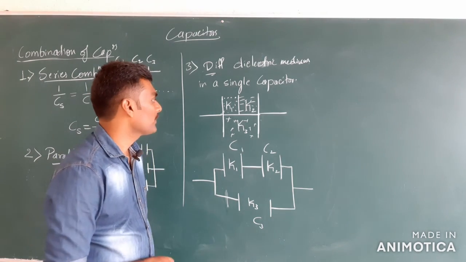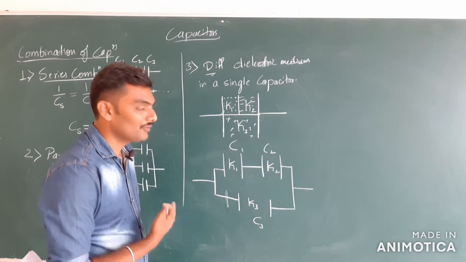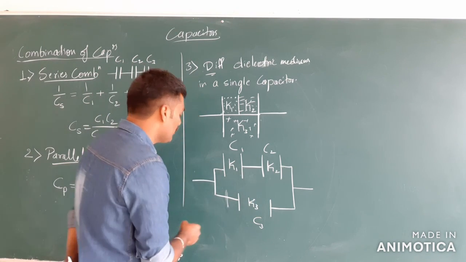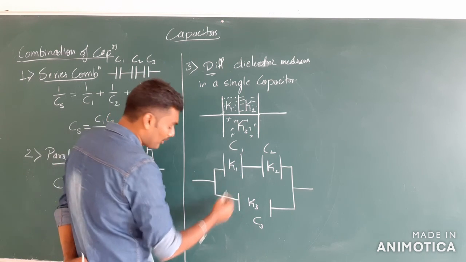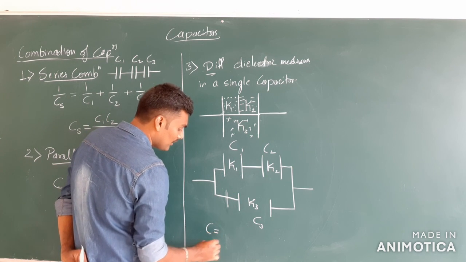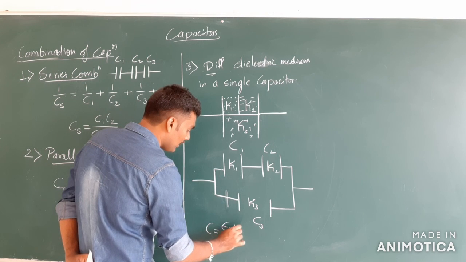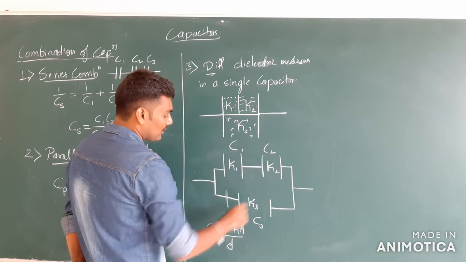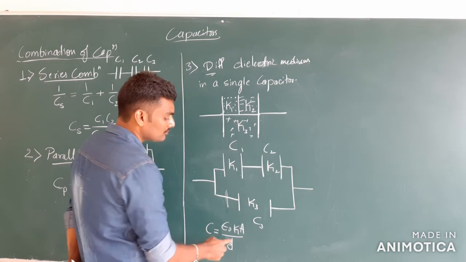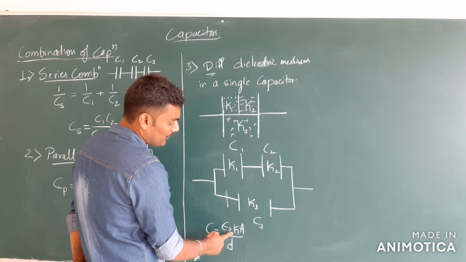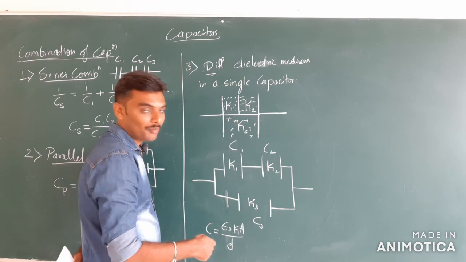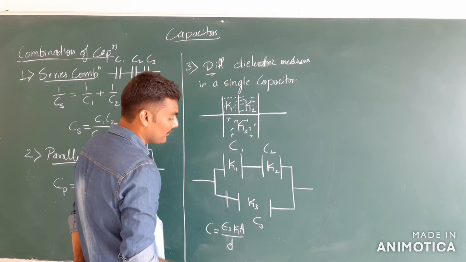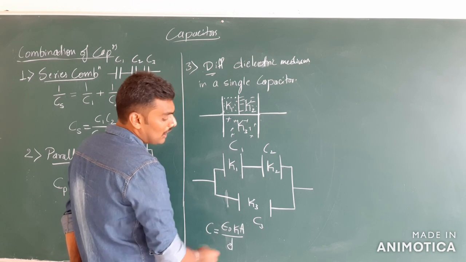Clear? Easy. Now the other important part while choosing K1, K2 and K3, I mean C1, C2 and C3, the formula of parallel plate capacitance is C is equal to epsilon naught K A by D. Epsilon naught is common for all the three, don't need to worry about it. Here comes K, which changes with each capacitor. For the first it is K1, for the second it is K2, for the third it is K3. Yes, K changes. How about A?